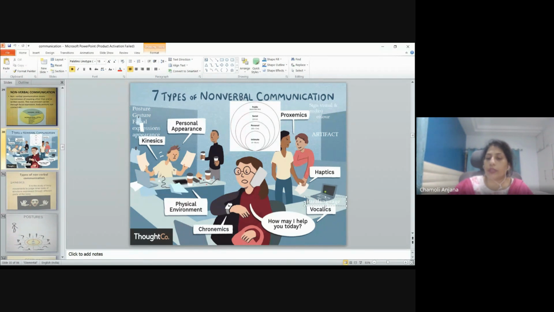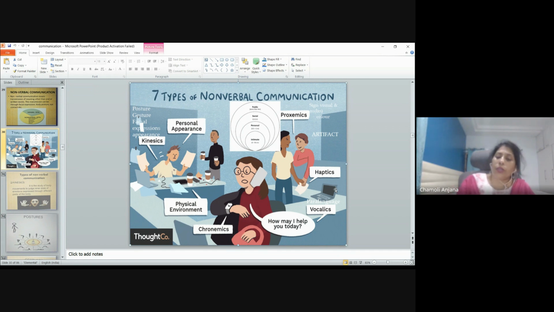Okay, so for instance, if there is a class and there is no teacher in the class, and the children are making noise. If the principal happens to pass by and she enters the class and shouts, puts the stress on the word silence, and increases her volume and says silence. What happens? The children inside the classroom realize that the voice has a lot of anger, and it talks about her expecting discipline from the students, and it talks about the power of the principal. So the children will maintain the silence.